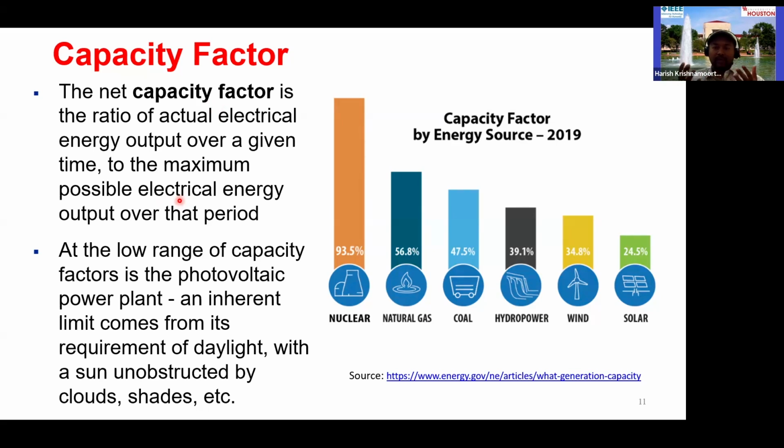One is, of course, solar panels: the sun doesn't shine during the night, so that energy is not produced during the evening time. On top of it, there will be shading on the panels, like cloud cover. All that reduces the net energy that can be taken out from solar panels. So in effect, the capacity factor of solar panels is only about 25%.